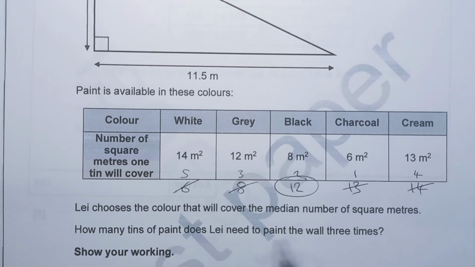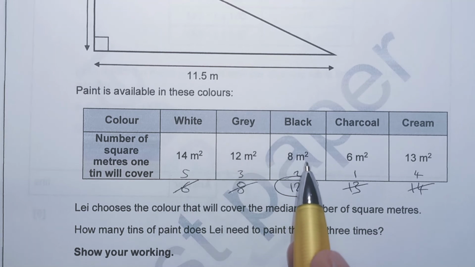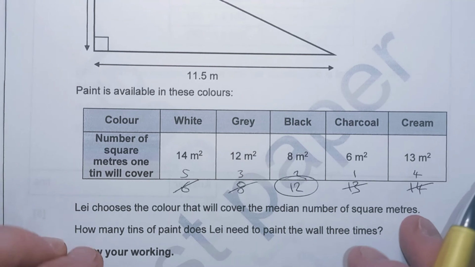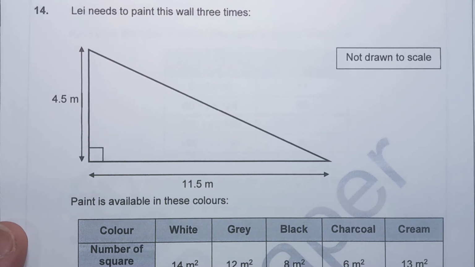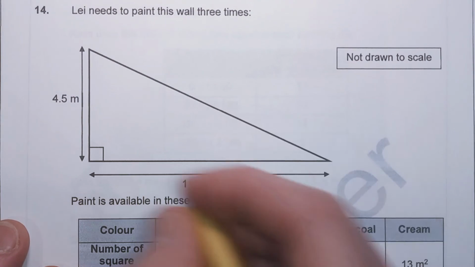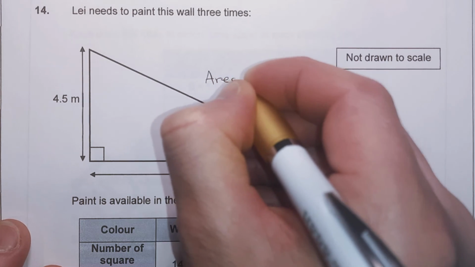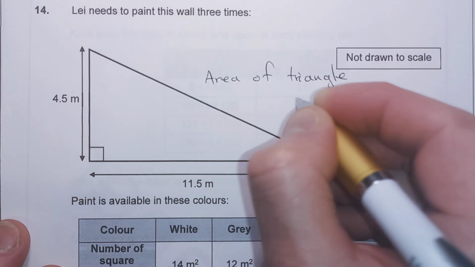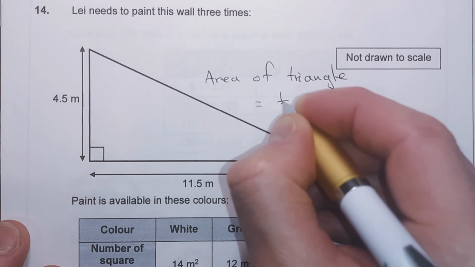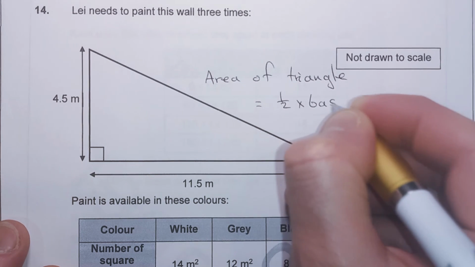Okay, so we're going to go with black paint, which covers 8 metres squared per tin. But what we need to do is find out how much wall we need to paint. Okay, and the area of a triangle is equal to 1/2 times the base